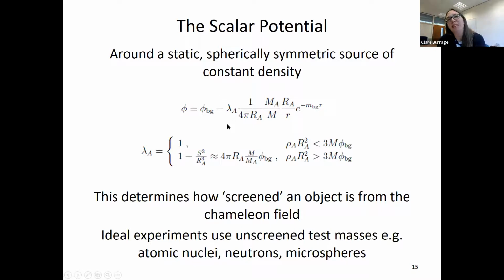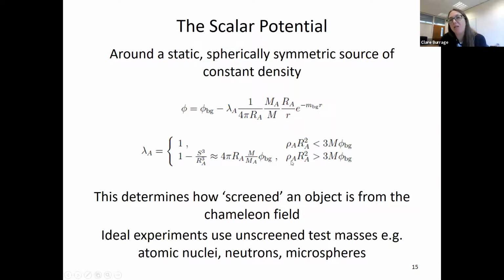But the key difference is this lambda here. Sorry, excuse me, I'm losing my voice. And lambda is our screening factor, the suppression of our fifth force. So if lambda is 1, this is just the force law that we've been talking about, and we have all of the problems of how do you avoid the experimental constraints. Okay, well, the only freedom you've got is basically to tune the coupling constant so that the fifth force is suppressed. What we have here is that if our object is large enough,